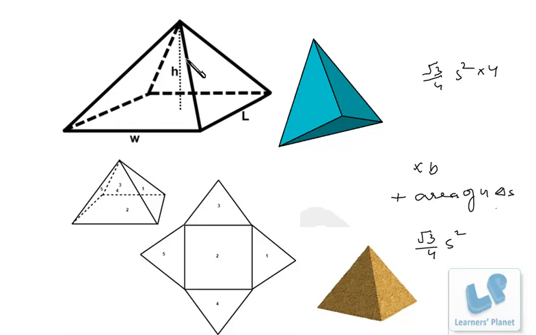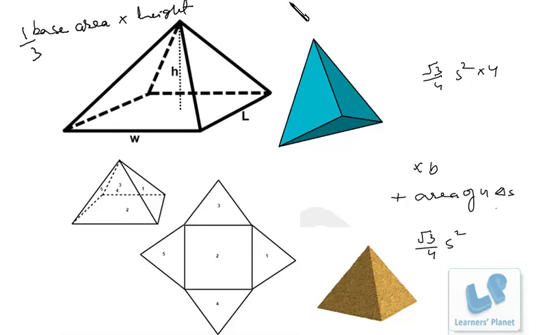Now let's see what will be the volume of this pyramid. See, volume for every figure is actually base area into height, right? If the figure is straight, that means if it is a cylinder or maybe a cube or something like that. But in this case, the figure has slant height, right? In this case, what will happen? It will be 1/3 of the base area into height. The volume of a pyramid will be 1/3 of the base area into height, because this is not the straight one,